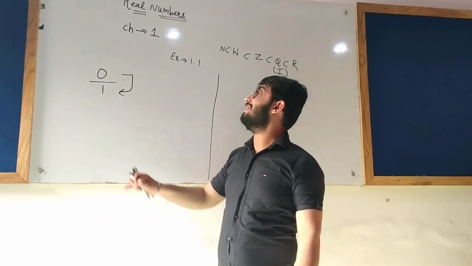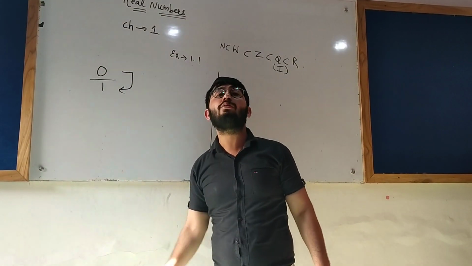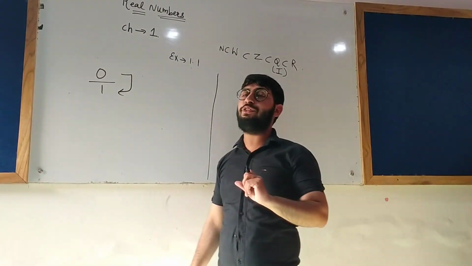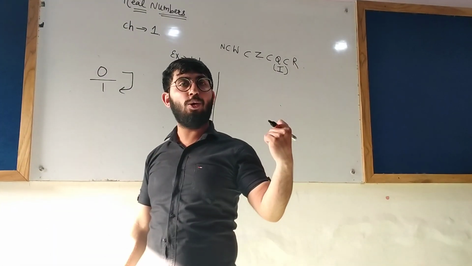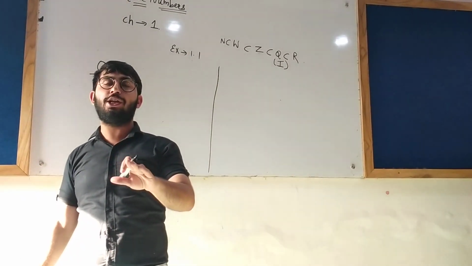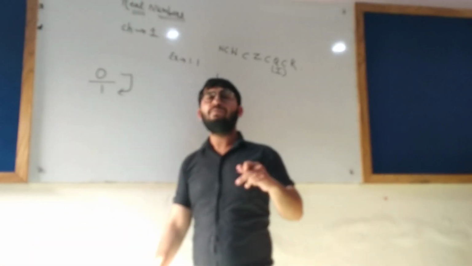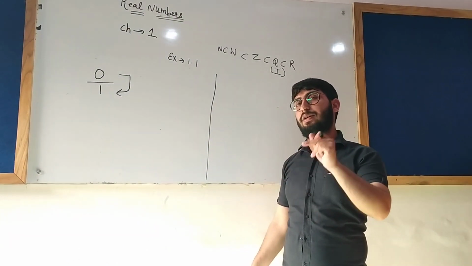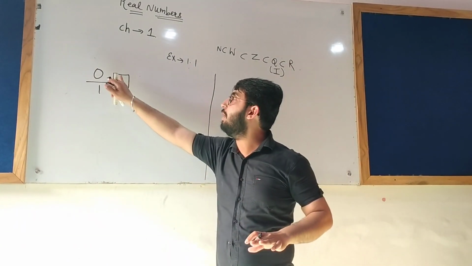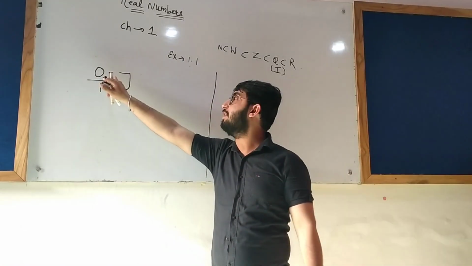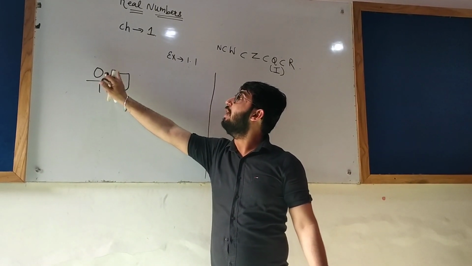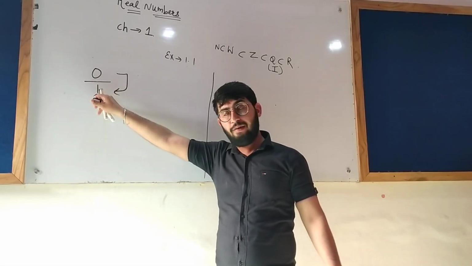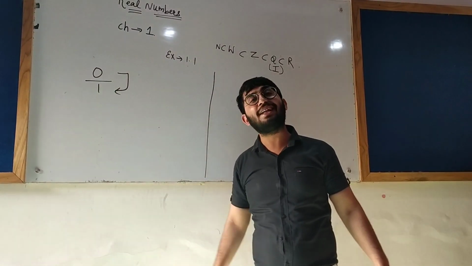Now, we have learned that 0 and 1 both are integers. In my last video there is the definition of integers. If you haven't watched that video, I have given the link in the description box. You can just copy the link and open the video from there. Yes, 0 can be written in the form 0 by 1, where 0 and 1 both are integers.